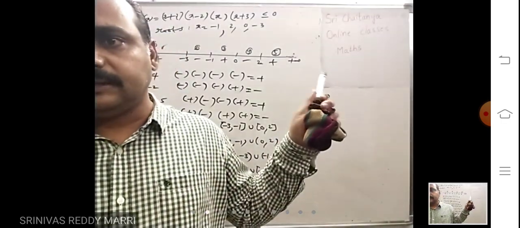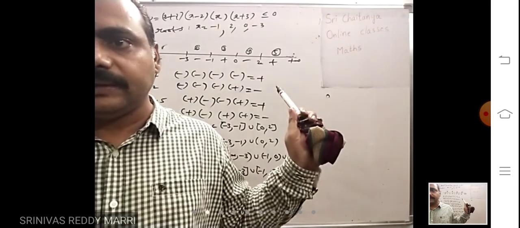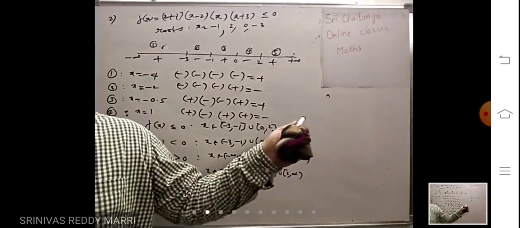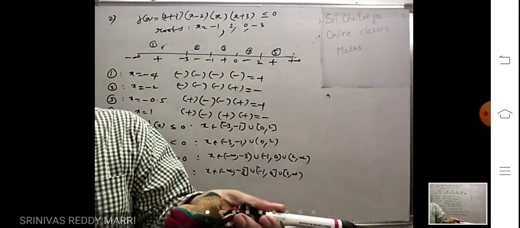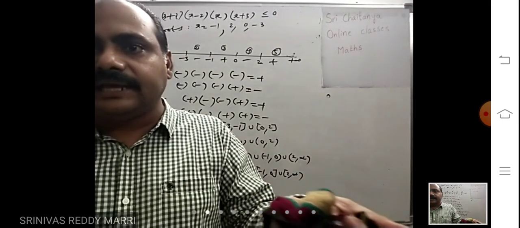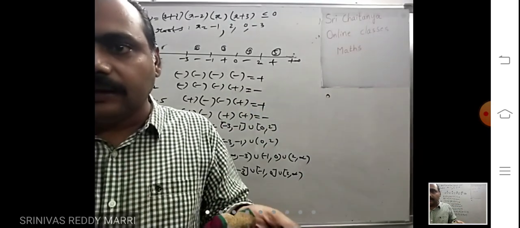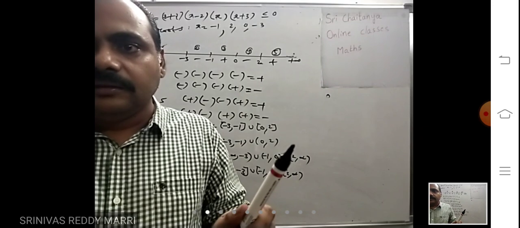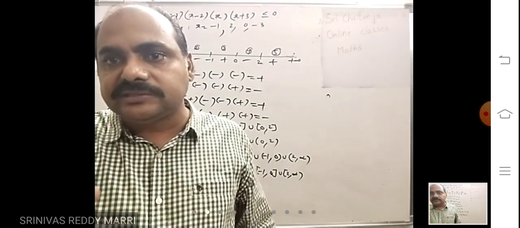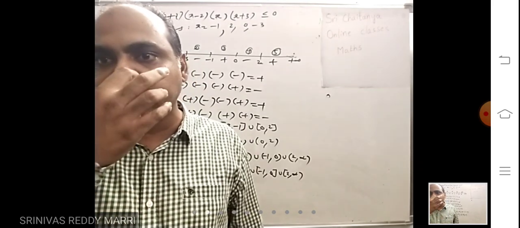F of x you take, and then the roots. Till now, discontinuities are not there. Tomorrow I will tell what happens if they are there. Since the denominator is not there, there will be no discontinuities. Then mark them on the real number line, and then give positive or negative. Greater than 0 or less than 0 means open intervals, positive or negative. Greater than or equal to 0 means positive intervals in closed brackets. Less than or equal to 0 means negative intervals in closed brackets.